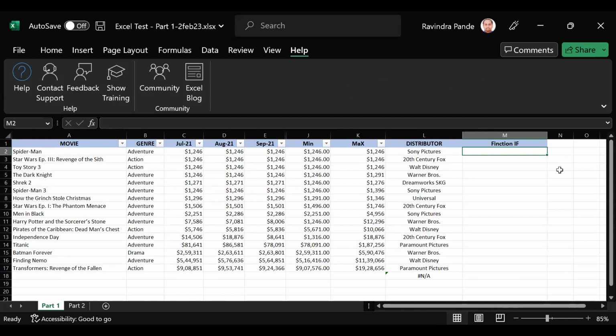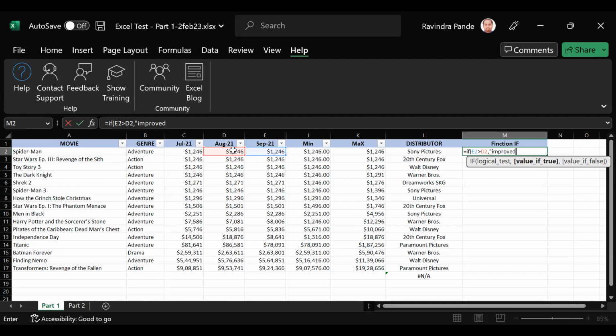Okay, let's see how the IF condition functions. Now let's make equal to, and I'll type IF here. IF checks whether a condition is met and returns one value, true, and another value, false, if it's not met. So I'll say bracket start, I'll choose September revenue, if it's greater than August revenue. Simple enough. I'll say comma,